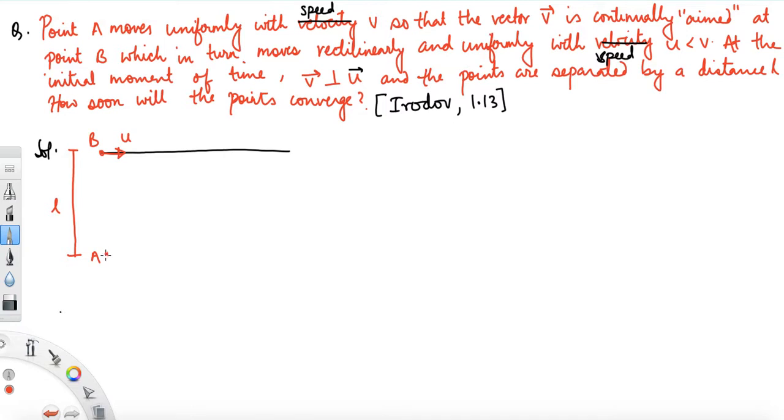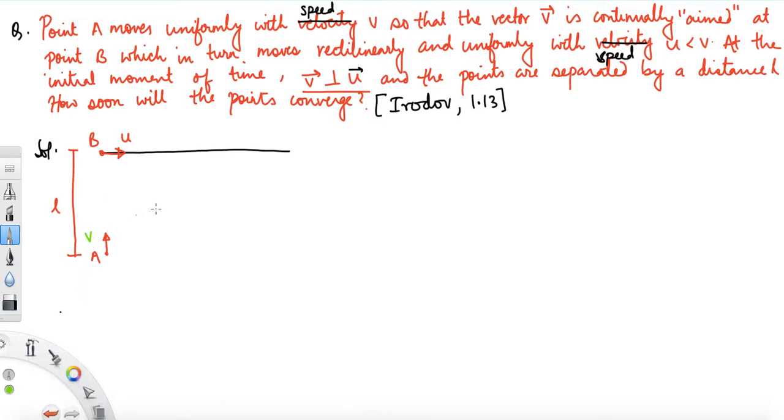And at the initial moment, A is aiming at B, right? So that v vector is perpendicular to u vector, and the distance between them is L. So we need to find at what time both of them will converge. Fine. So initially,